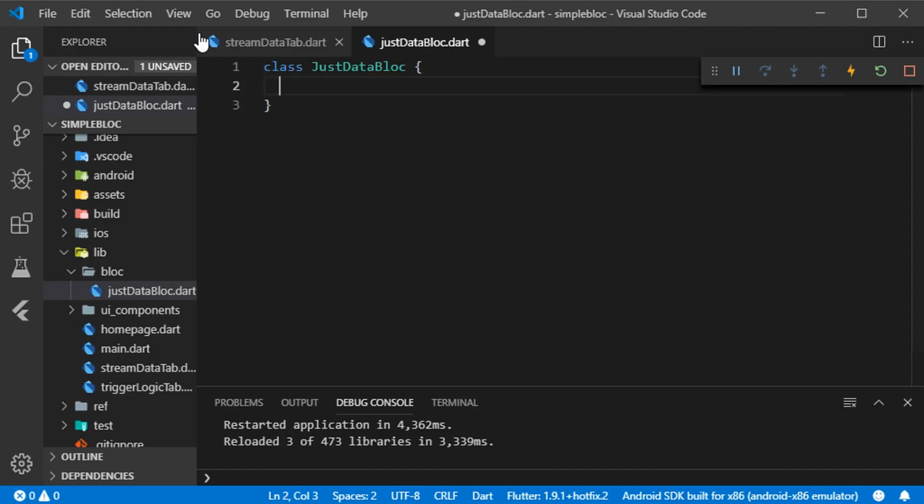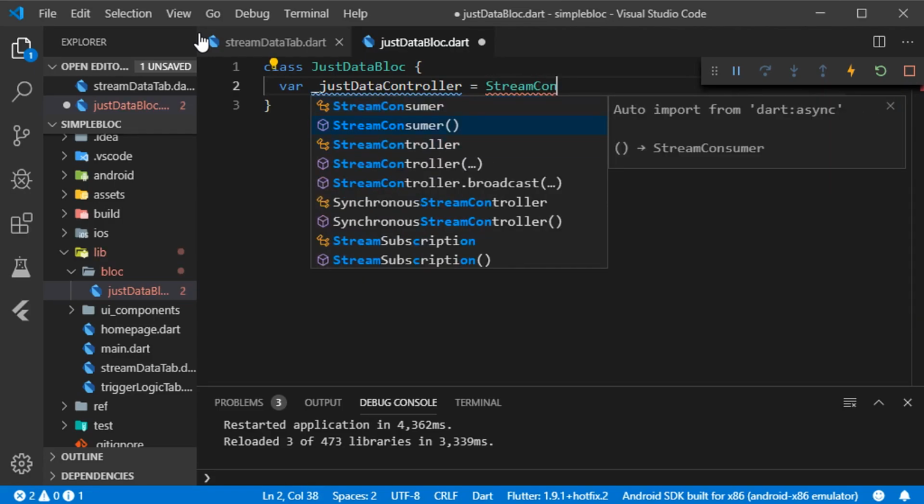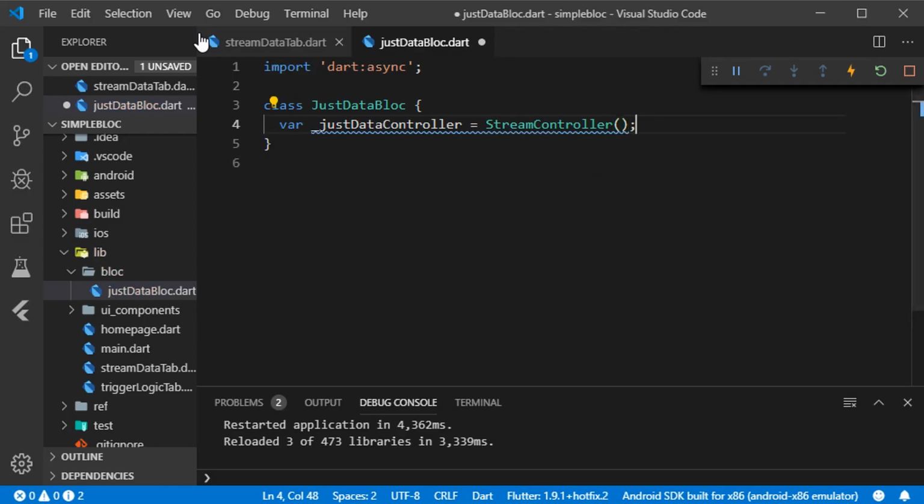Here I'm going to create a variable and name it just data controller, and I'm assigning it a value of stream controller here, and I need to define its generic type. Our data is going to be a string and string only, so I'm going to define here